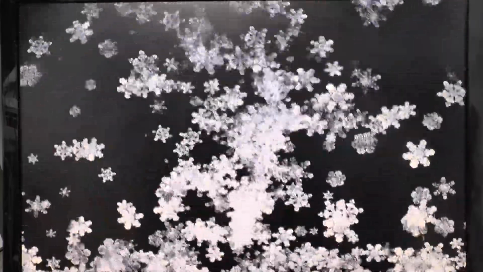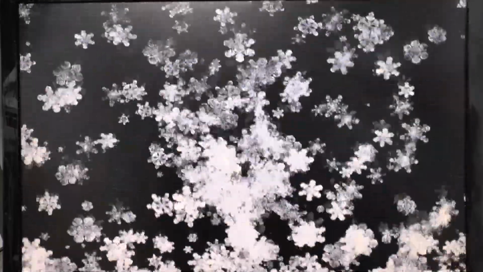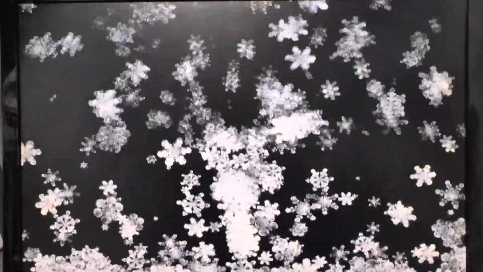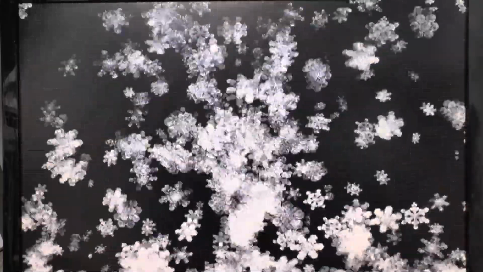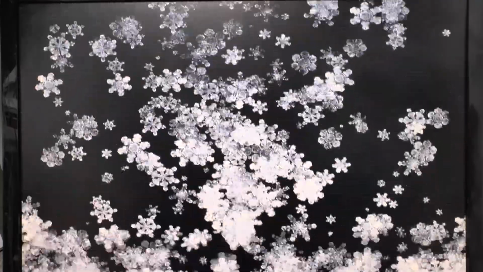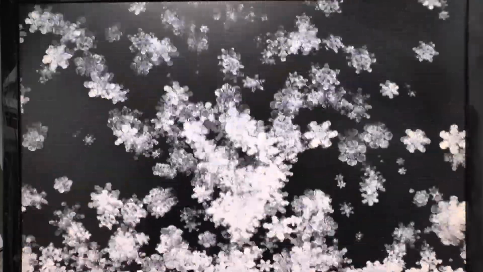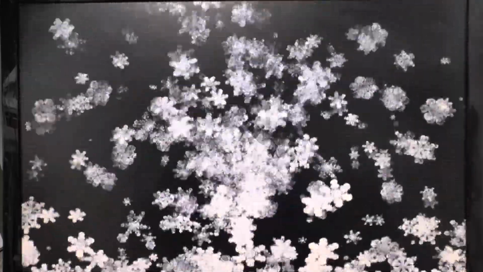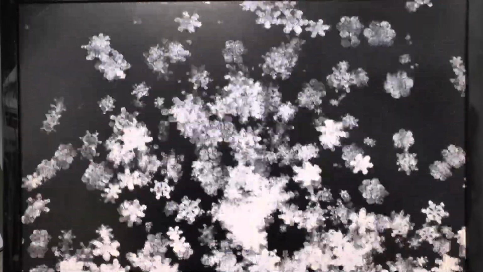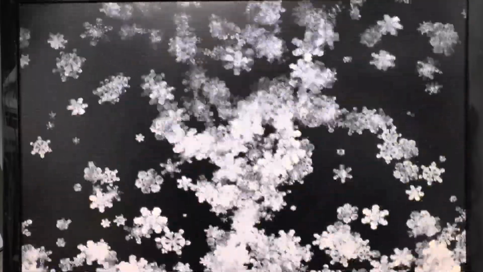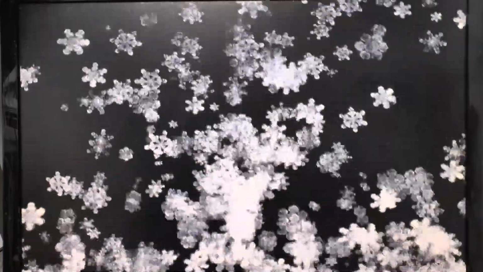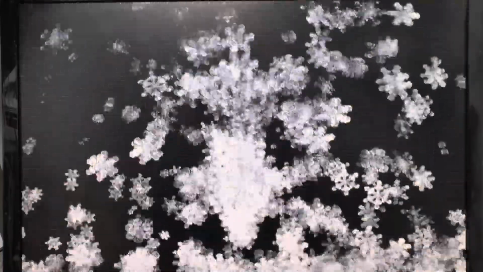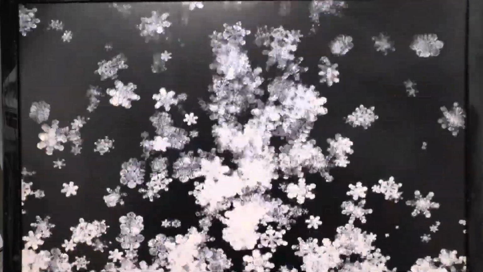So again, it's using the rectangles, the GUI. This is all one draw call for every single one of these frames. So each of these snowflakes is rotated, and their vertices are manipulated, and then it's all thrown to the GPU in one call. So again, it's nice and fast, and we can get some nice effects from this sort of